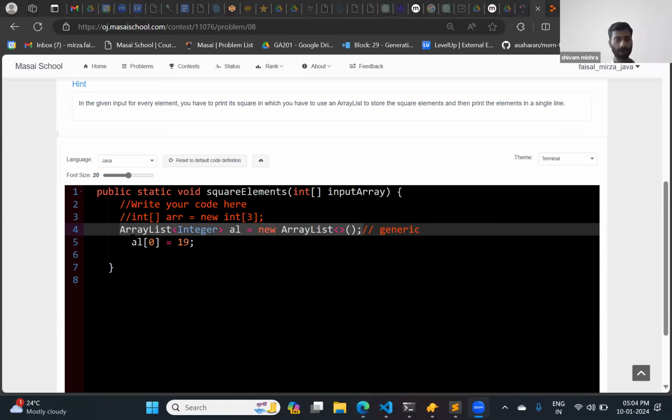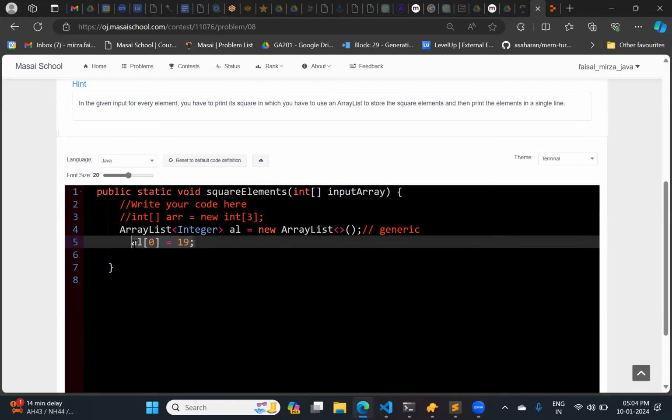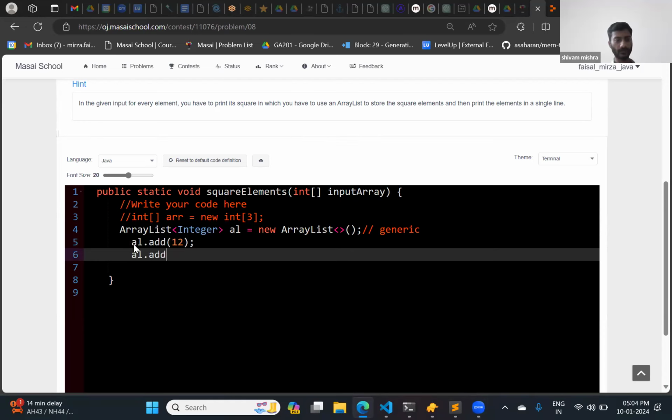Using this ArrayList, you will get the support of lots of methods. Some of you are telling that we can use the add method. So definitely, I can add, for example, it is integer type, so I can add 12. I'm just explaining the ArrayList. So I can add 90. Now will you tell me,